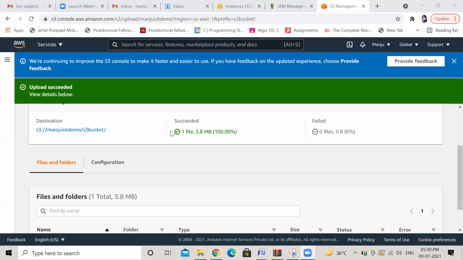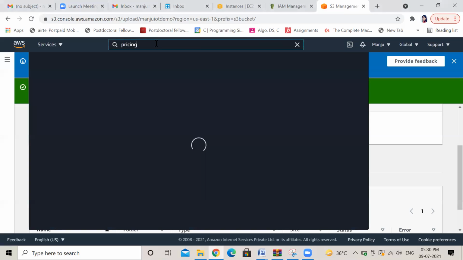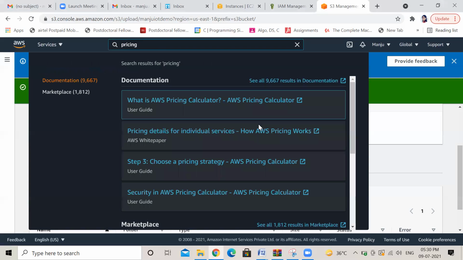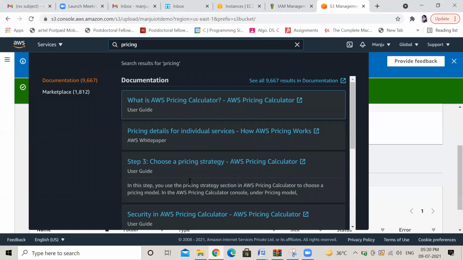You click on the pricing, and here in the search bar, because this pricing and all is handled by the DevOps team or platform teams in the company, I have not done much work on that. I know a little bit, but regarding pricing, when I create an instance at that time I check. AWS pricing calculator, first one.